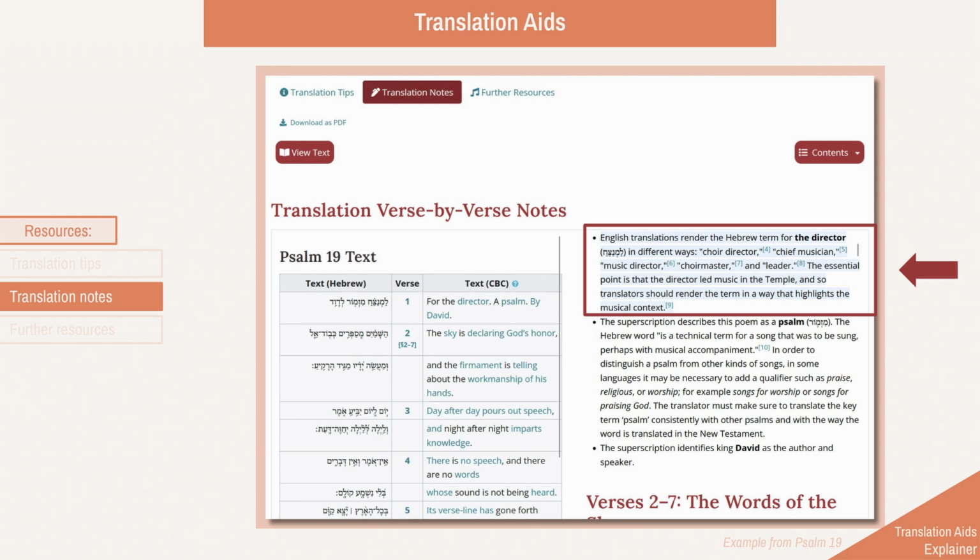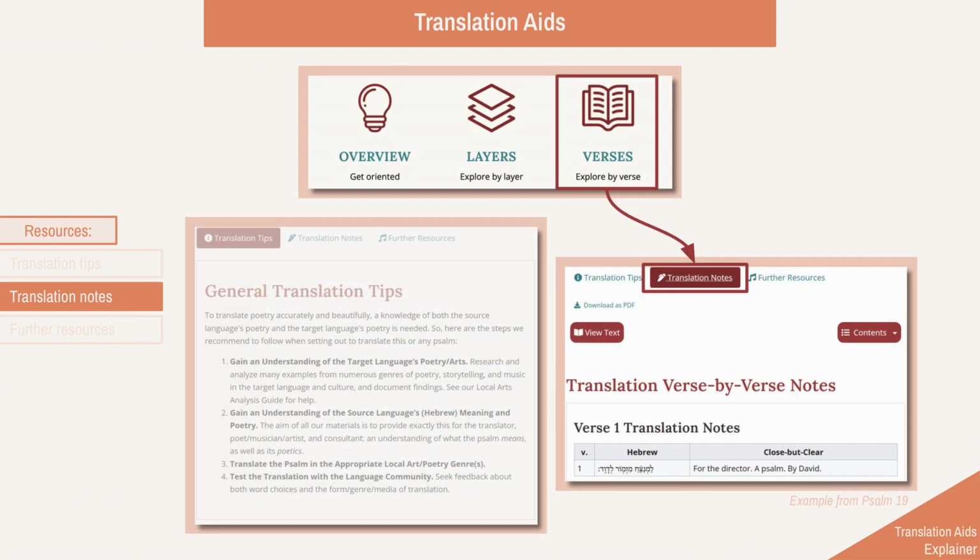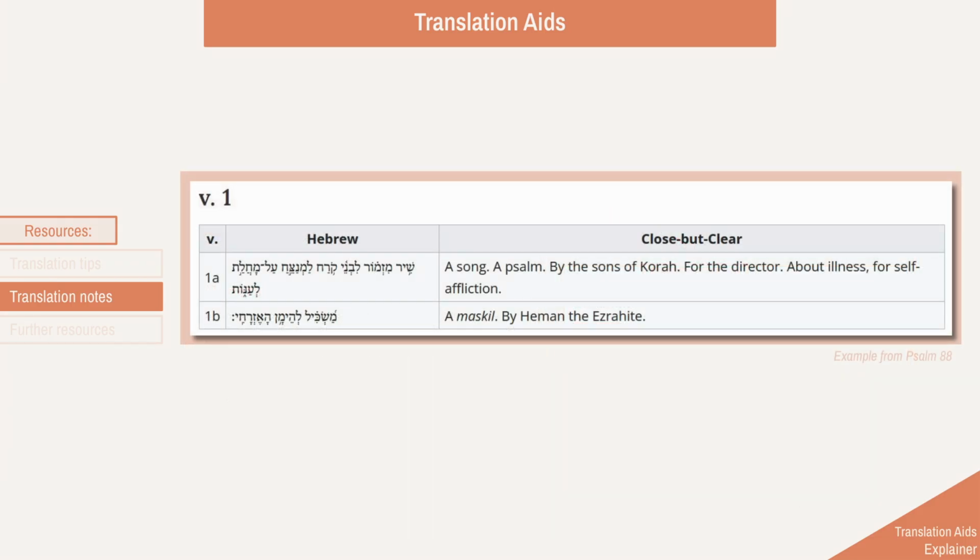This page corresponds closely with our verse-by-verse notes page. However, here we focus on the content most relevant for translators and performers. Many technical points are left out, and translation points are added, interacting also with other languages of wider communication, like French and Spanish. Take, for example, Psalm 88, verse 1, which is a long technical superscription introducing the psalm.